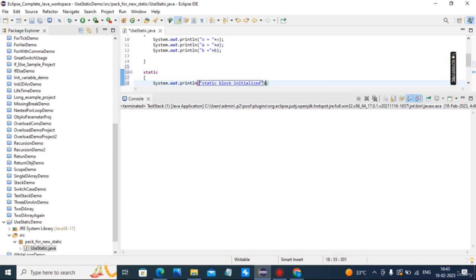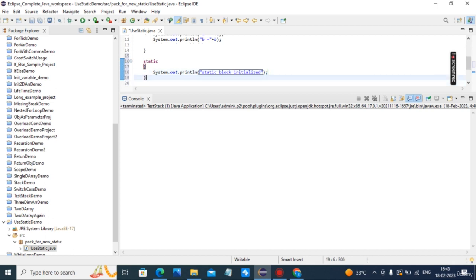Block initializes a separate static block that has b is equal to a into 4.